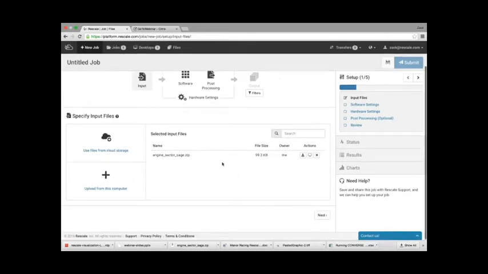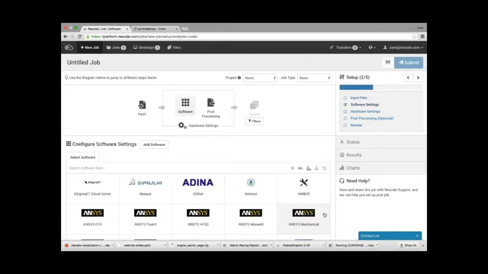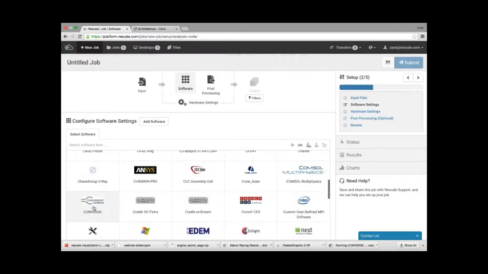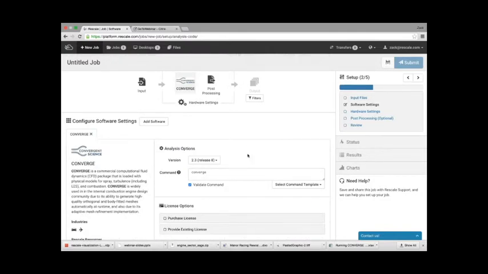So I have two options over here. I can either go to the next step from here, or I can just choose the next button. In this case, I'm going to choose the next button. And the next step is as simple as choosing the software which you want to use. In this case, we're going to choose CONVERGE. As Marianto mentioned, we cover multiple versions, so you can see here 2.3. As Tiffany mentioned, we are a close partner with CONVERGE. As part of that, we get access to beta versions and we test them in advance before the GA time. But if you want to choose an older version, you can choose the version that makes sense for you. In this case, I'm just going to keep it as 2.3.